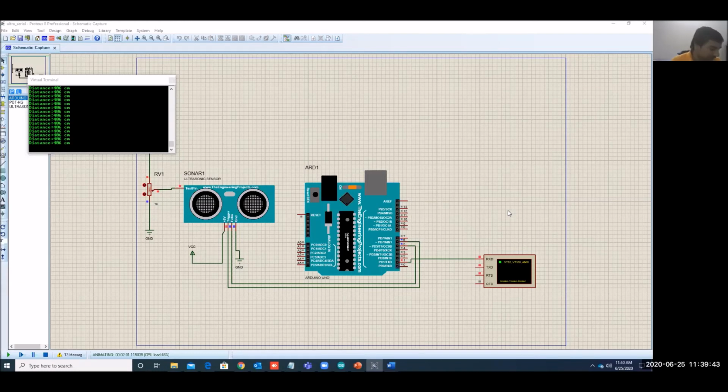Now I take this cable through which I can connect to the Arduino. Here you can see I have plugged in the Arduino. This sensor has 4 pins, which we can directly insert.